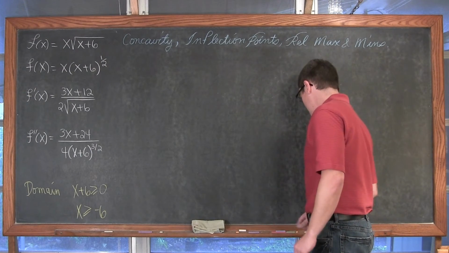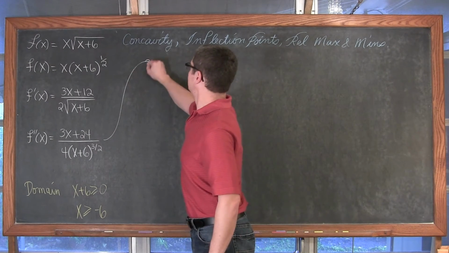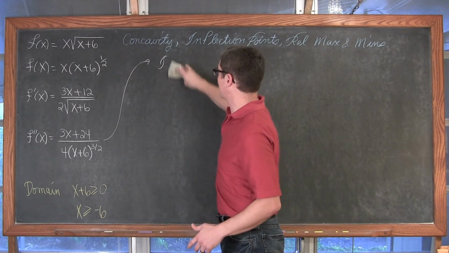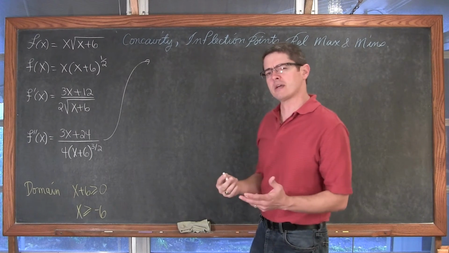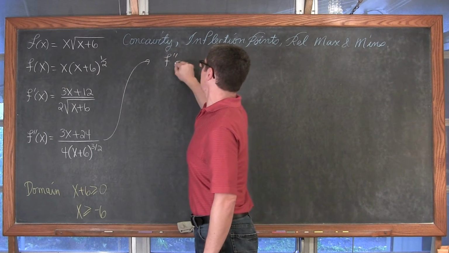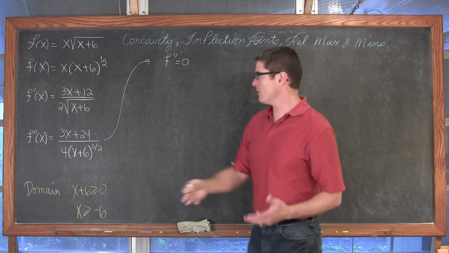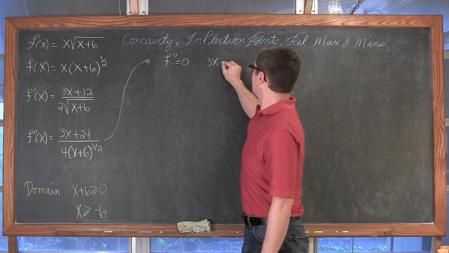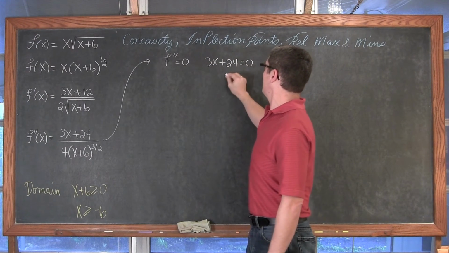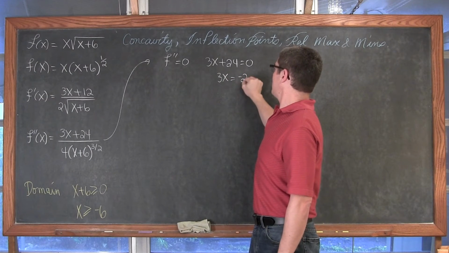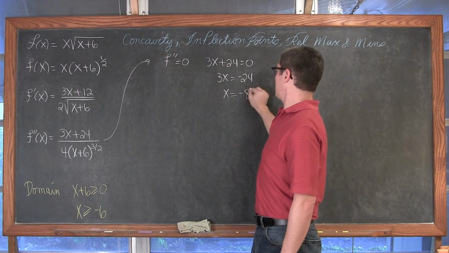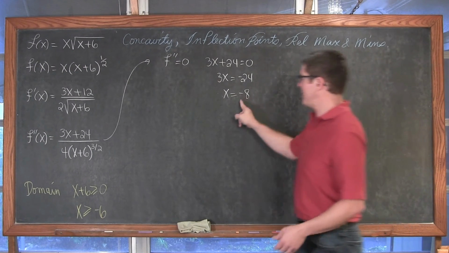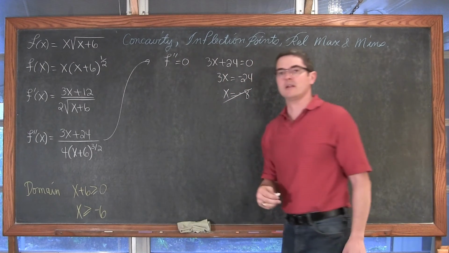So, okay, for our second derivative, our intervals of interest, we're not going to set up our intervals if we don't know our critical values. So that's going to be where is the second derivative equal to 0? So where is f double prime equal to 0? Well, for a rational function equals 0, the numerator has to be 0. So we got 3x plus 24 is equal to 0. That's 3x is equal to negative 24, and x is equal to negative 8. So that should be one of our critical values, but negative 8 is not within our domain, so that is not a usable number.